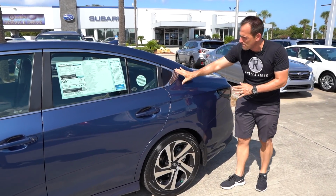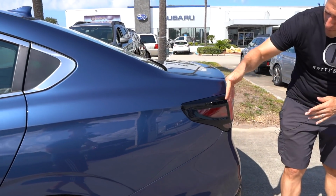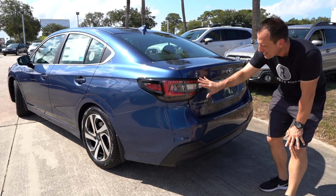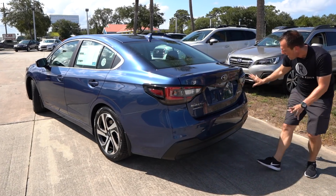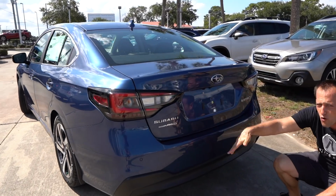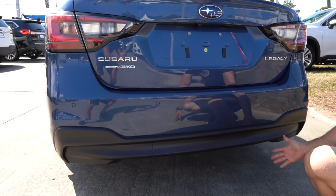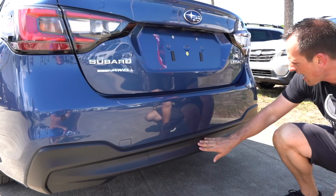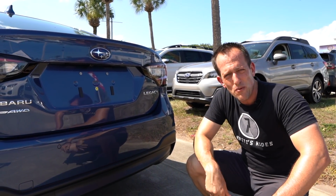Now, as we work our way back to the rear window, coming around, blacked out finish on the all-new taillight design. I like the shape. I think they hit the nail on the head with the shape. LED for the brake lights, and then very, very clean. Legacy, of course, you have that symmetrical all-wheel drive system, and you know what? I'm okay with it. You can't see any exhaust. They're not trying to give you fake exhaust. You have the nice flat black, but why don't we go ahead, pop the hood, and see what's powering this